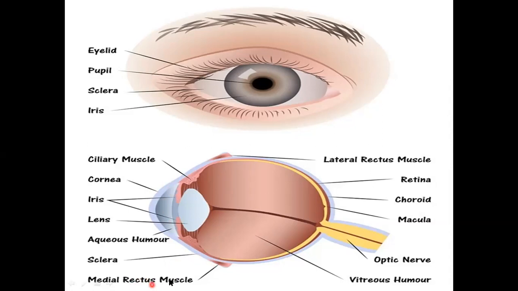Next, the muscles here are connected to the skull, which is again the eye socket. These muscles are the medial rectus muscles. Then next, the choroid layer is here, and the optic nerve connects with our brain. That is the one which sends the message to our brain to identify the image.